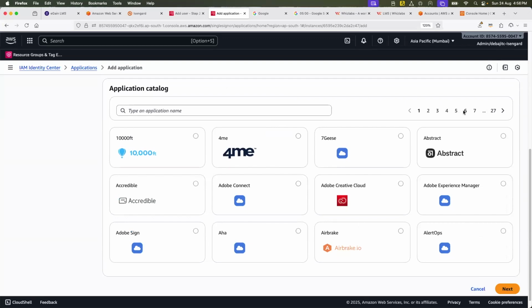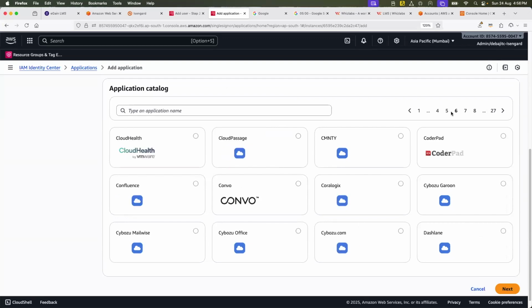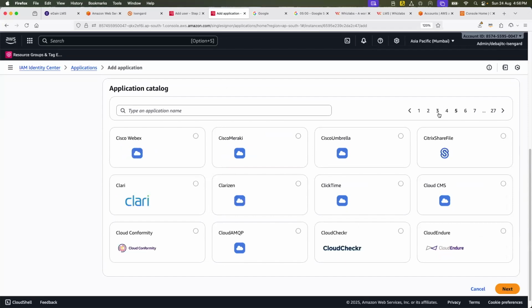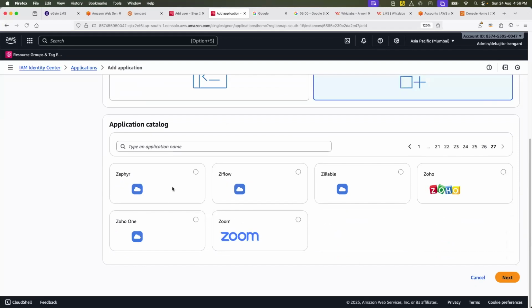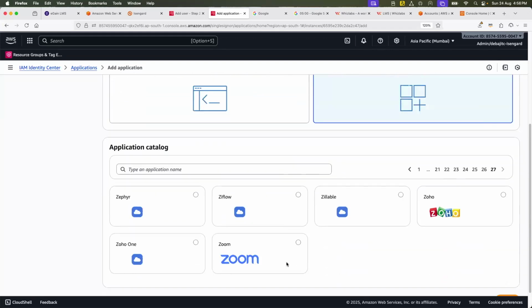There are so many pages, like Confluence, Jira, Cisco Webex, Datadog, etc. Zoom also can be integrated. That means if I have Zoom, which we are on right now, probably I can have one identity that everyone uses for Zoom.